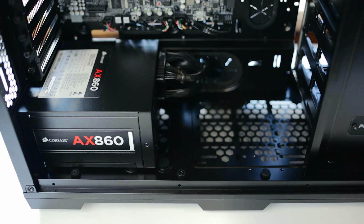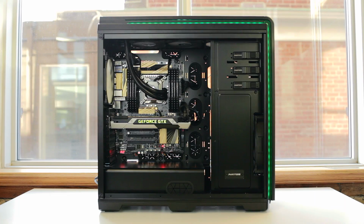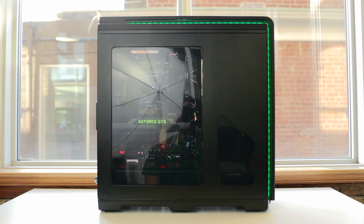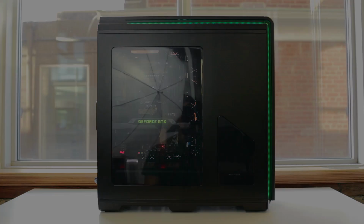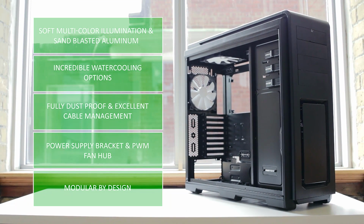If you want to place back the power supply cover, you can to hide the unit, although with all black cables this still looks stellar. And placing the window panel back on, you can see the potential for really awesome lighting, as it is quite revealing. And all in all, the Enthoo Luxe by the name is just more of a luxurious revision with its lighting effects and sand-blasted aluminum,